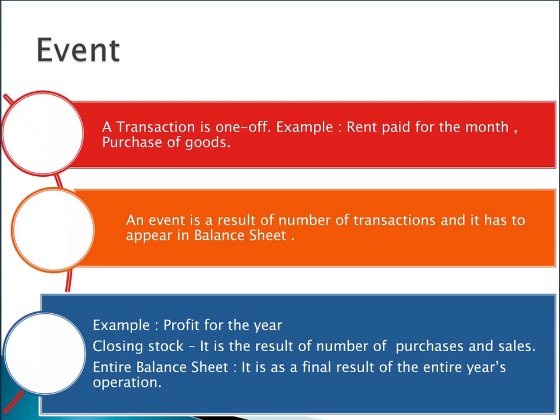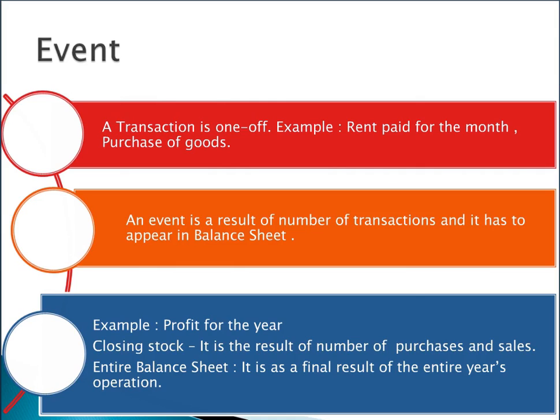Like what? Every year you buy, sell. Let us take for example, we are a very big saree shop. We buy a number of sarees, we keep selling. Every purchase, every sale is a transaction. But the end result, end of the year, you have closing stock. So closing stock is not a transaction, it is an event. Please understand, an event sits on top of a number of transactions. So too, profit for the year. Profit for the year is a transaction or an event? Event. It is an event. The entire balance sheet, in fact, is an event because it is the final result of the entire year's transactions,